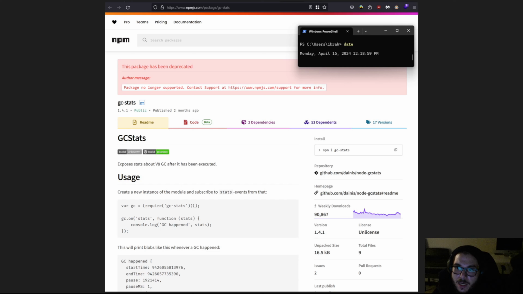So GC Stats exposes stats about Google's open source high performance JS WebAssembly engine. This is built into Chrome and Node.js. I think it's called V8GC. This exposes stats after V8GC has been executed.